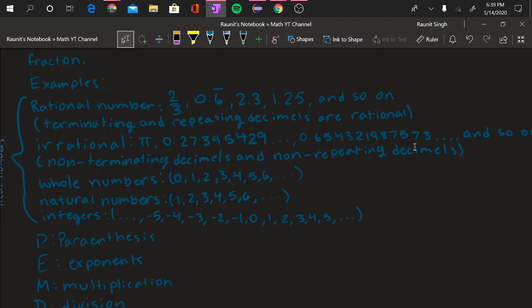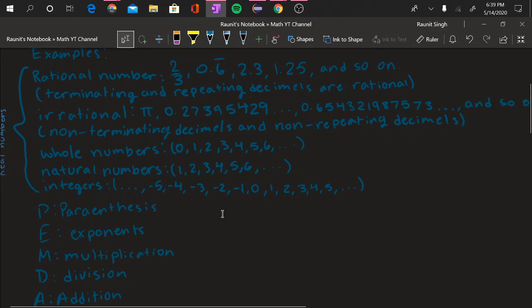Pi has an infinite number of digits. It does not terminate, nor does it repeat. Same with these numbers. These 3 dots signify that the number keeps on going even further. As you can see from here, the number does not repeat